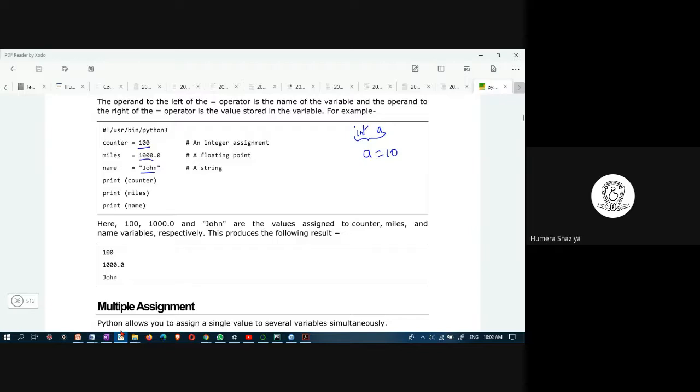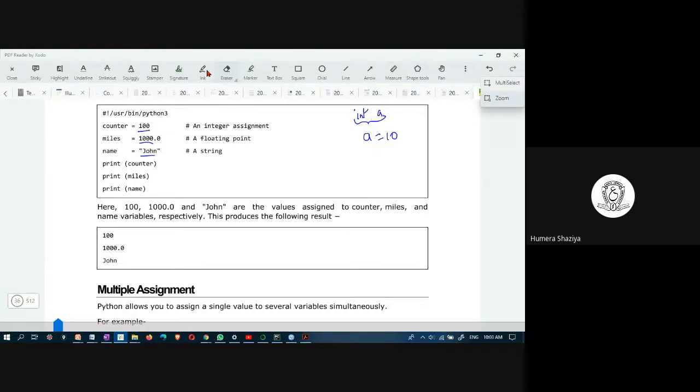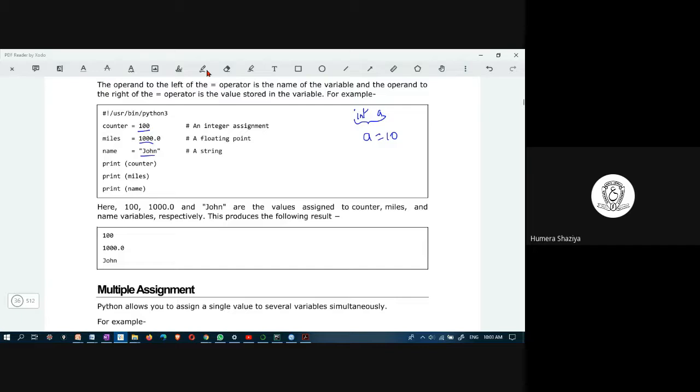Let us do one thing. Okay, selection is not happening.